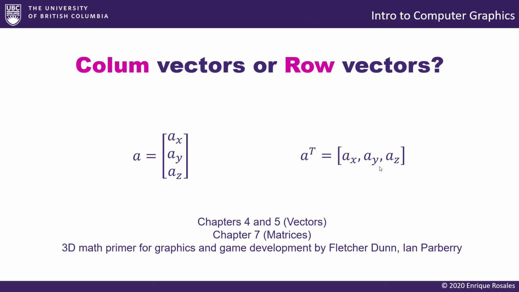So row vectors look better in a book because they can align with a paragraph. But column vectors look better in equations, because in the end, a vector multiplied by a matrix can represent a linear system, and it is way more convenient to represent a linear system with the matrix on the left side and the vector on the right side. But the thing is, in terms of programming, it depends on which paradigm you're using,